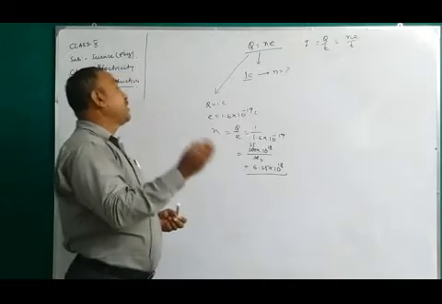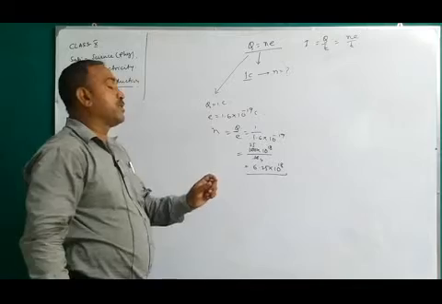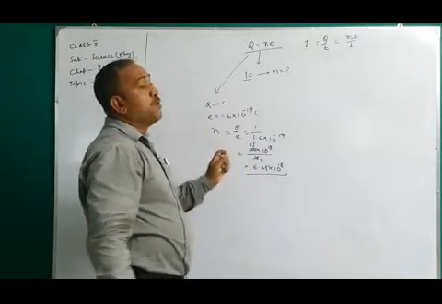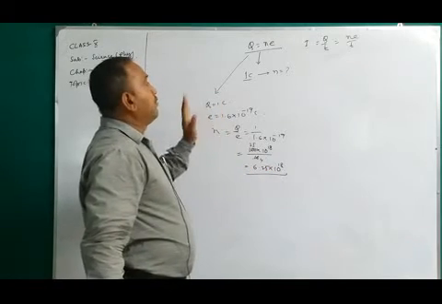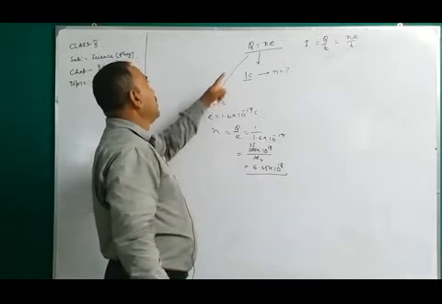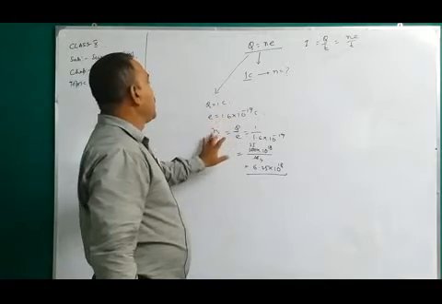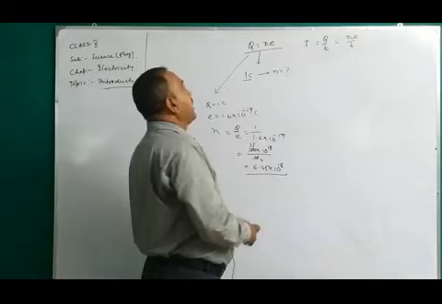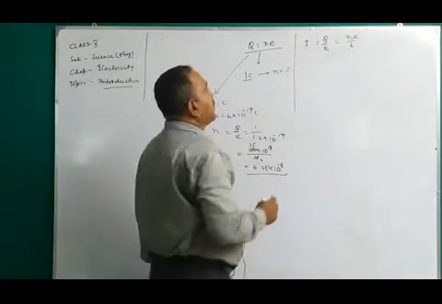How many charge carriers are inside 1 coulomb of charge? Charge carriers means the number of electrons. How many electrons are present in 1 coulomb of charge? You know this, Q equal to N into E. Q equal to 1 coulomb, E equal to this, N equal to that. This is the first numerical. Second formula is I equal to Q by T, which is NE by T.